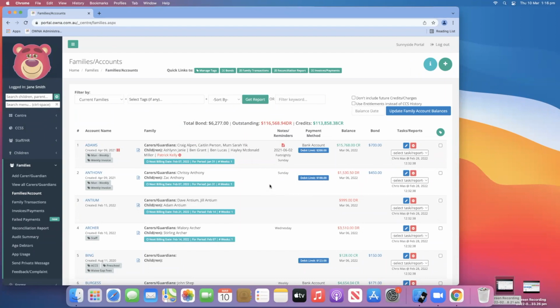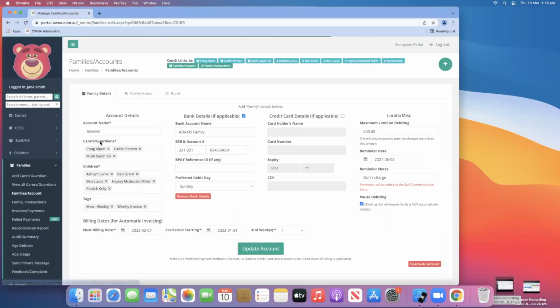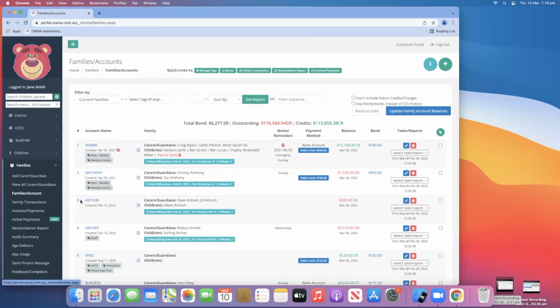So you can't then go and invoice the same invoice period for everyone, because they're on different billing cycles. So in this case, if you're not on automatic billing, so you're manually generating your invoices, what you could do is apply a tag for all your weekly families and a separate tag for your fortnightly families. And what you then do is, similar to the children, you need to go into the account and you just apply the tags there on the account details page. Make sure you click the update, and that way that family, if you go into family/account, you'll see the tags